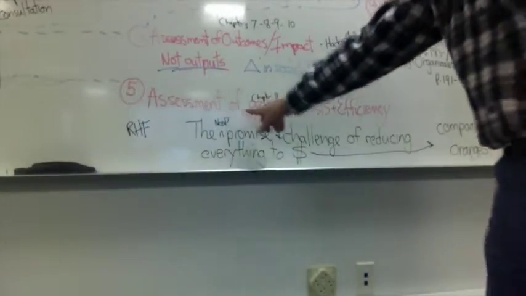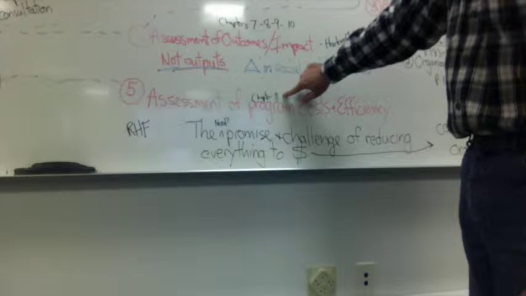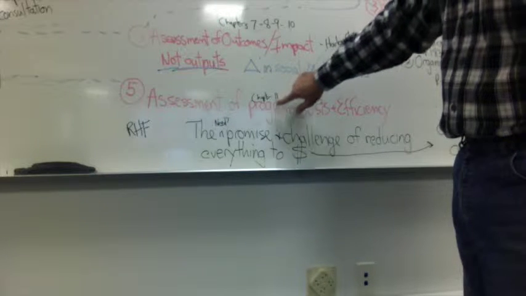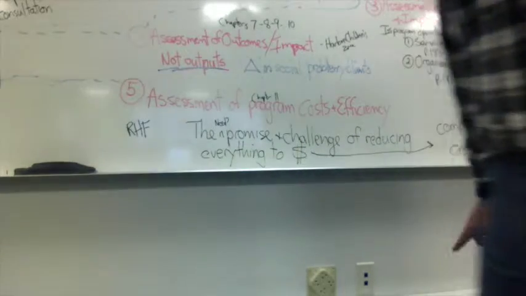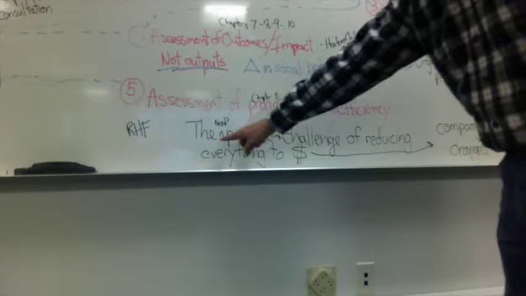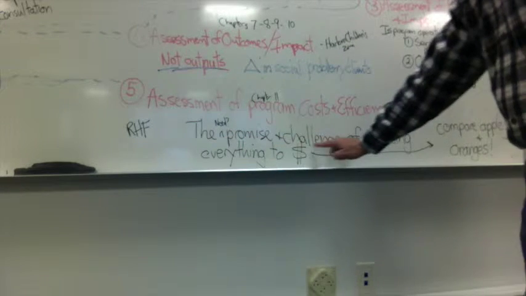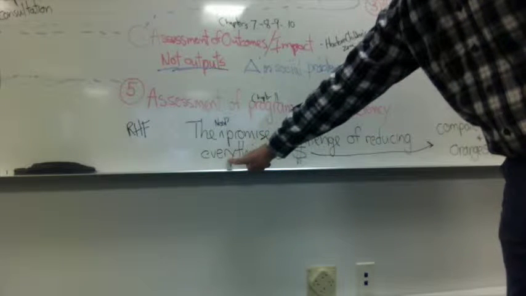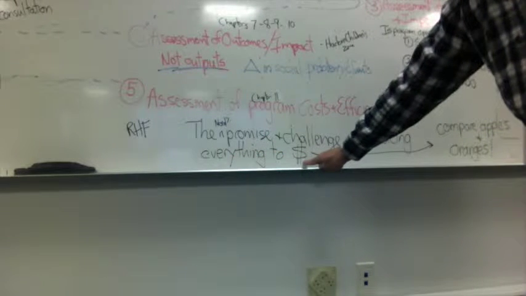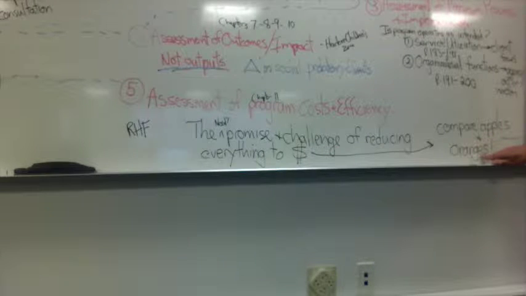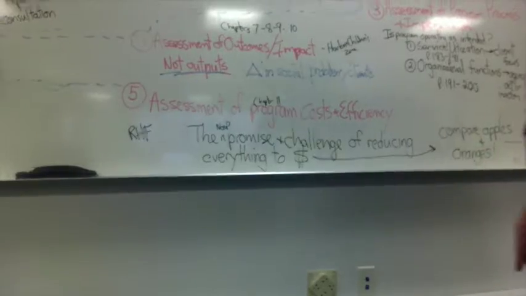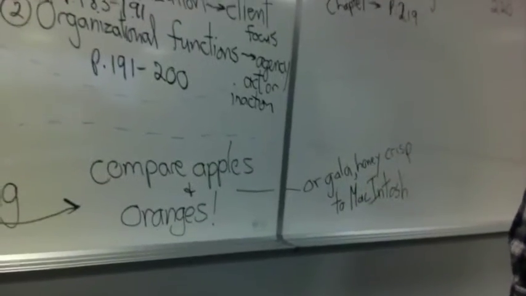study you might want to do is an assessment of program cost and efficiency, right? And this is what we studied last week in chapter 11. And the big question, and we had the Robin Hood Foundation case study here. And so the big question here then is simply an issue of the promise and challenge of reducing everything, cost and benefits, to dollars. And we do that to try to compare apples to oranges, different programs, different types of social programs dealing with different social problems,